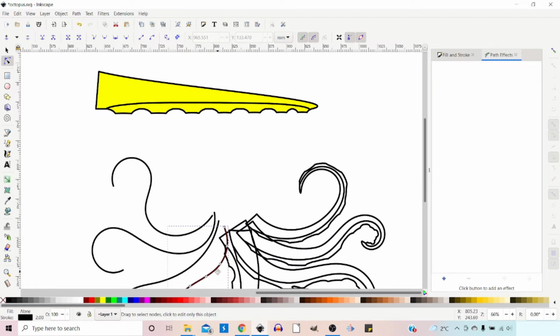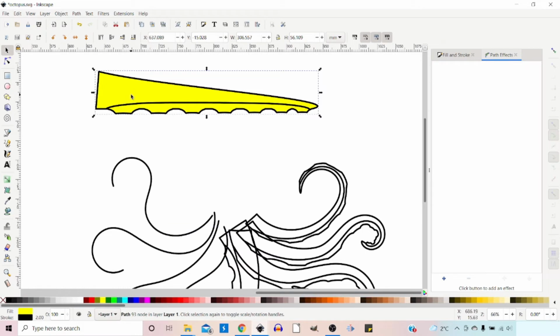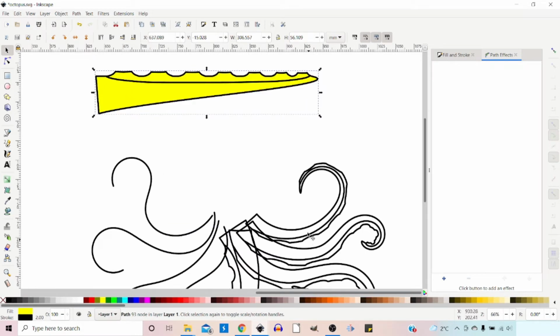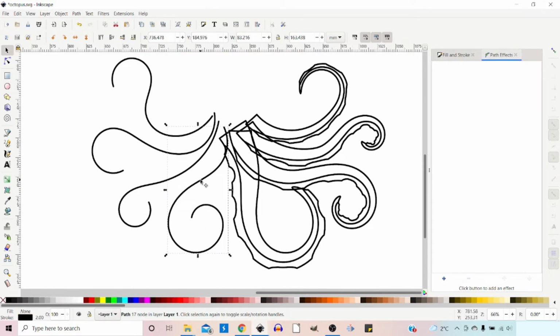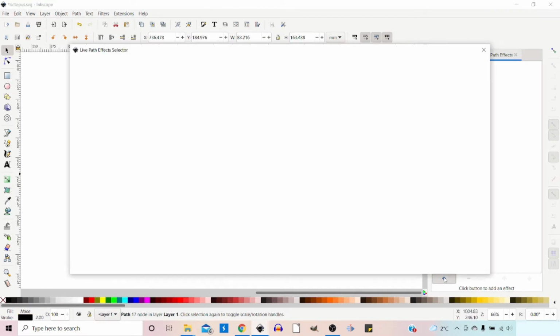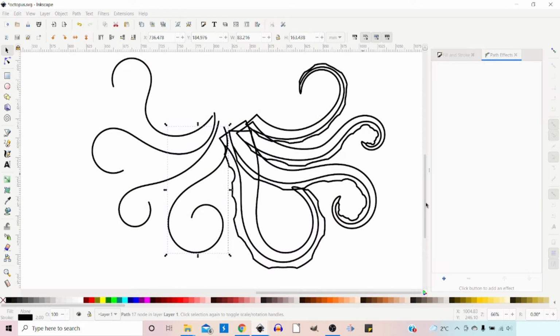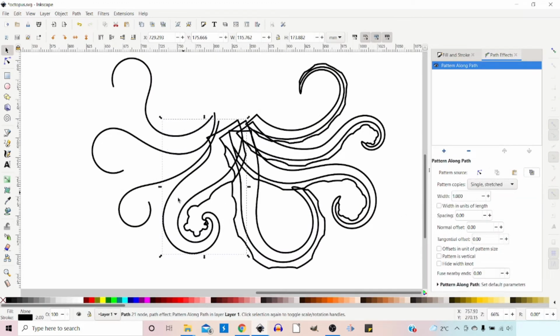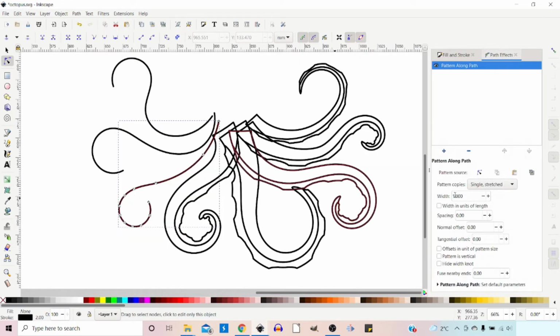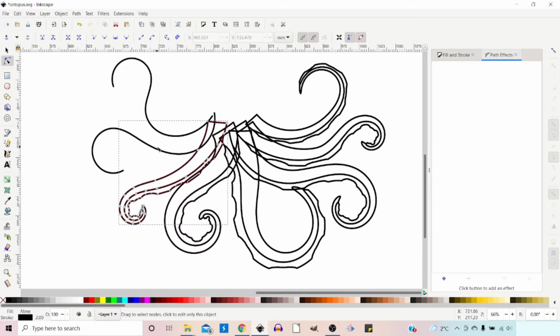So I want my suckers on the other side now, so I'm going to grab the selection tool, select our shape and flip it vertically. Then I'm going to copy it, and hopefully now when we come back into our shapes, add path effect, pattern along path, now we've got our suckers on the other side of our design. Next one, select the next one,